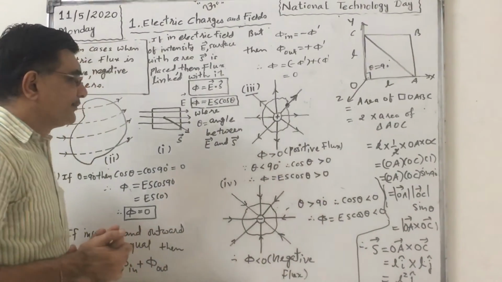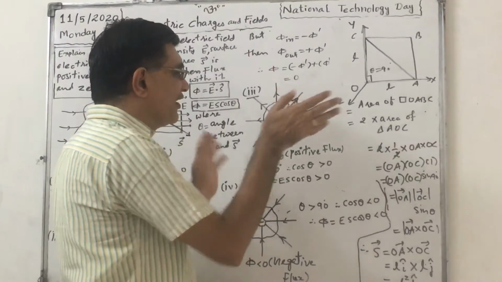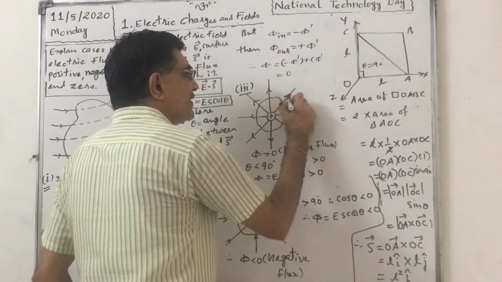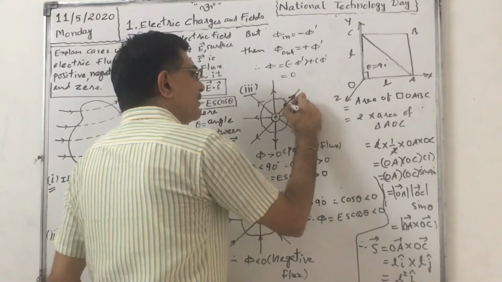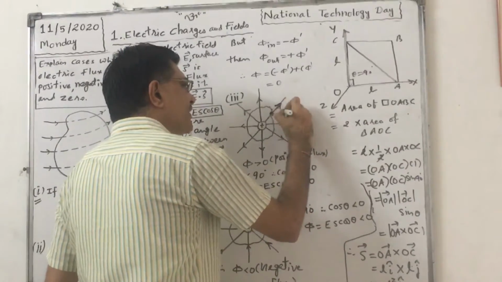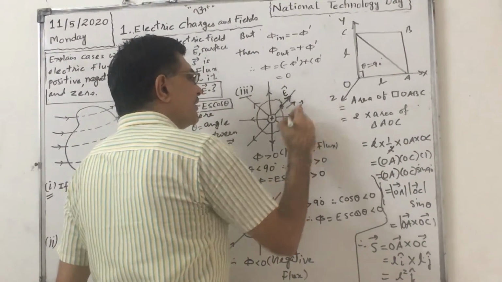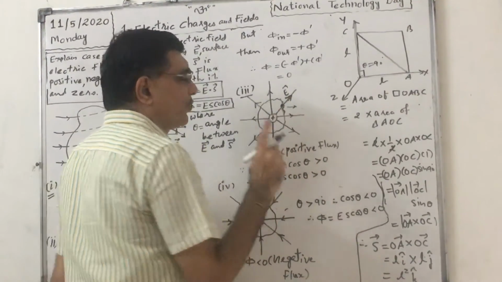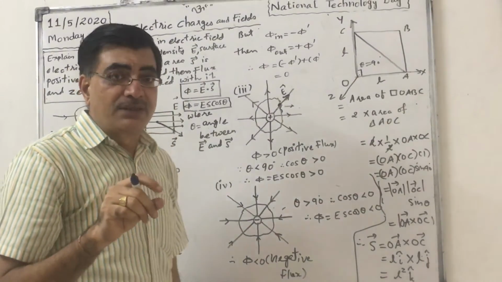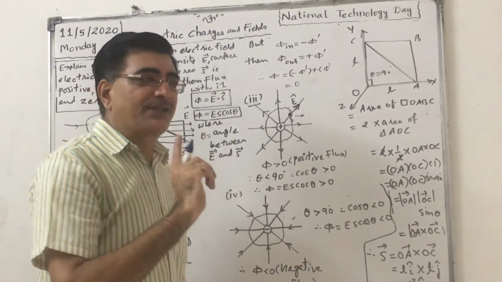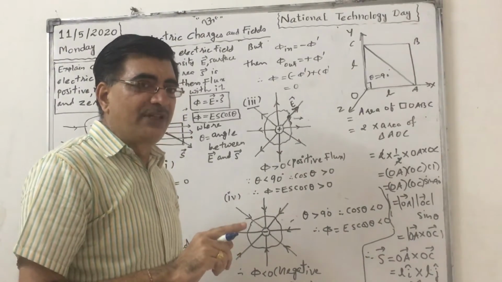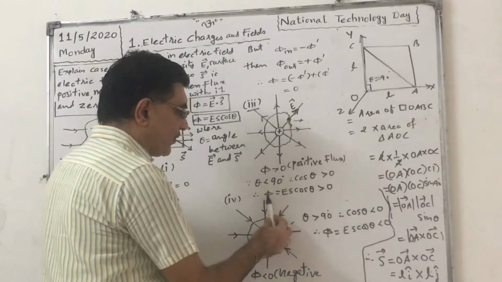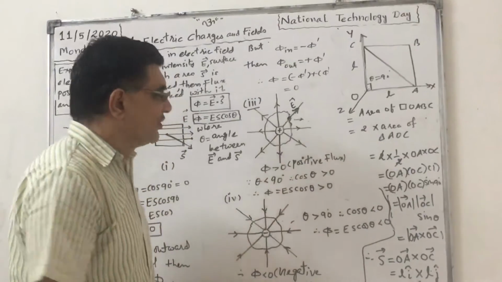Now the third figure. Here is a positive charge, field lines are going out. I have drawn a surface. At this point the surface area vector is in this direction and E is in the same direction. Suppose we consider this surface area, whatever, theta will be less than 90. The angle theta between vector E and vector S is less than 90, and in the first quadrant cos is positive. So flux equals ES cos theta, which is positive. So this is positive flux.